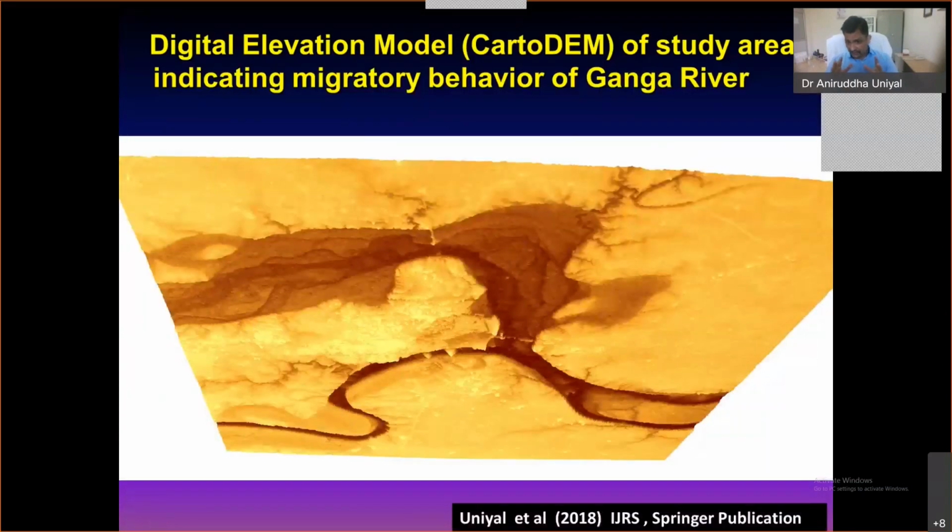Now, this is the digital elevation model of the same area. And this digital elevation model gives us detailed know-how about this river valley, which comprises the active floodplain and old floodplain of the Ganges. And you see, this is the confluence of Ganga and Yamuna. This is Yamuna. Yamuna is more entrenched, confined within its banks, but Ganga is witnessing successive migration at places. So it is only because of the successive migration of Ganga that Allahabad or Prayagraj city is witnessing floods for the past 5, 6, or 7 years.